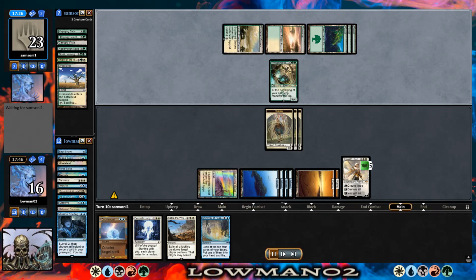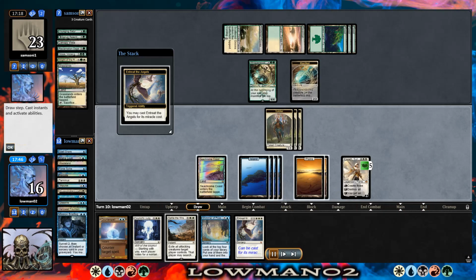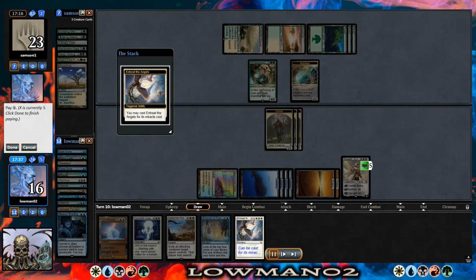Opponent plays a Whisperwood Elemental. You can also get to, again, see how lucky I am here. I draw into Entreat the Angels, because why not, I guess when it rains, it pours. So we end up casting this thing for all the mana. I mean, I could have left up